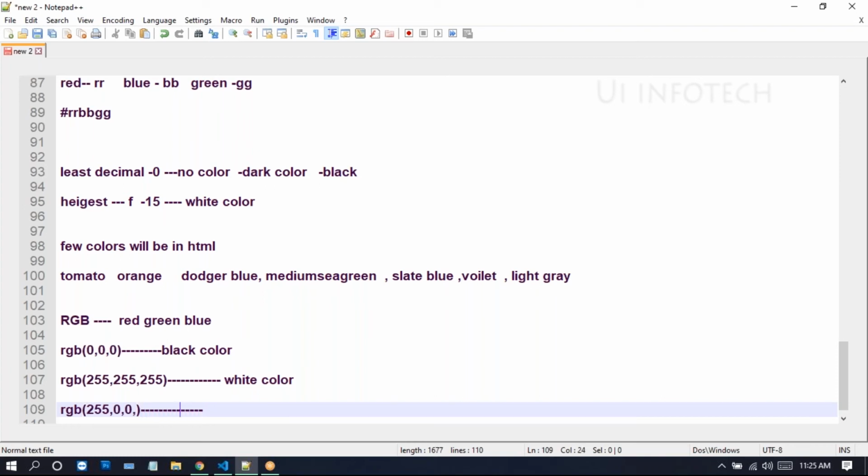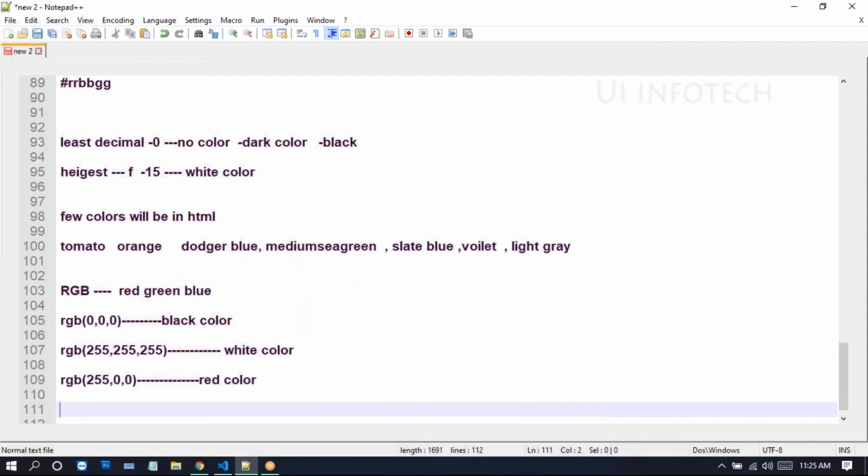Now RGBA. Here we can take the highest value 255. Here red is present, so the remaining will be absent, that is green absent and blue absent. So this color stands for red color.